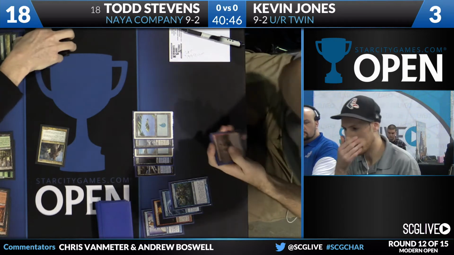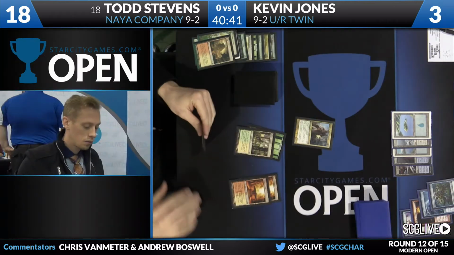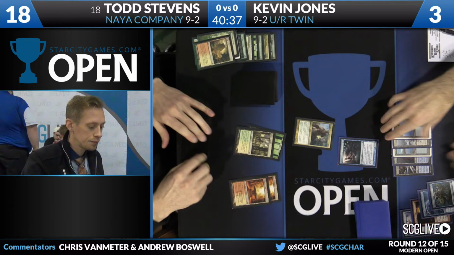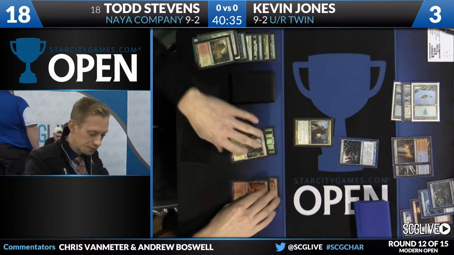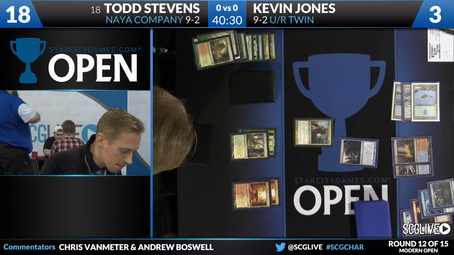Now on Todd's side, he has the potential to draw a couple of things to break up the twin combo, but he can also just draw a Lightning Bolt to win the game on the spot. And it looks like he drew a Path to Exile. Wow, really great draw for Todd. So Kevin, though, can still draw a Dispel to protect his combo, so we'll see how this